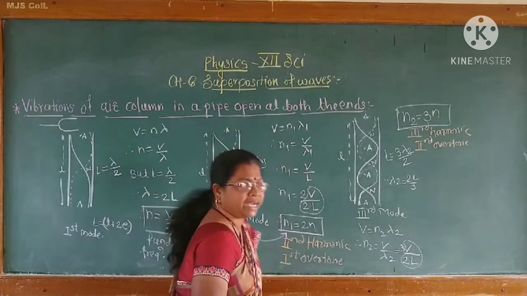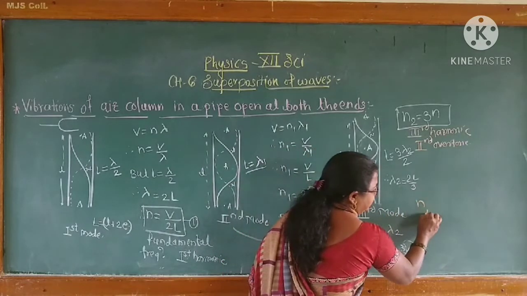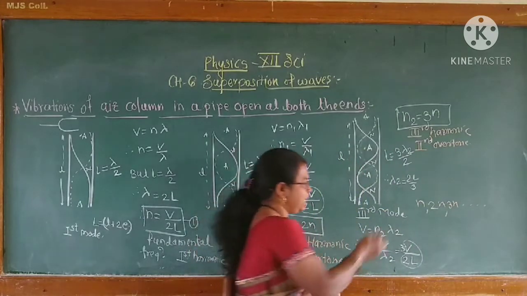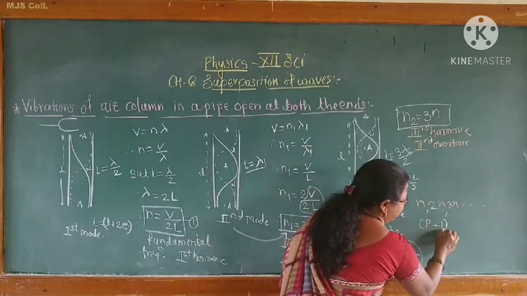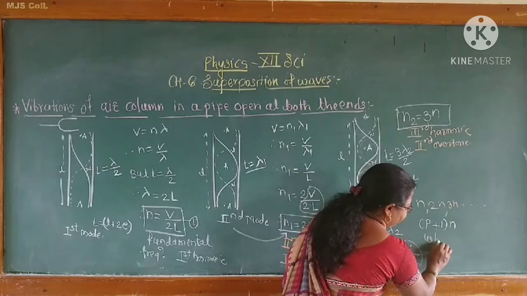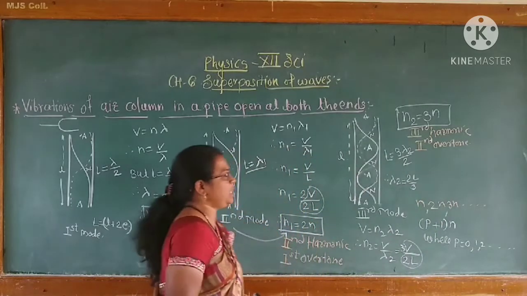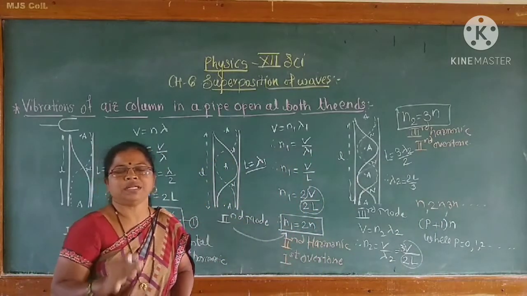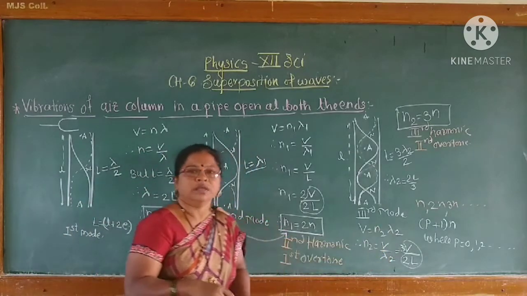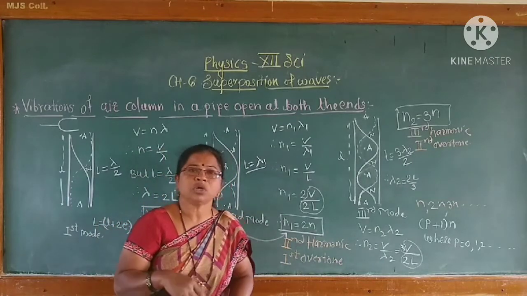Therefore, where the pipe is open at both the ends, we get the values of frequencies in such a way: n, twice n, thrice n and so on. That means we can write p plus 1 into n, where p is equal to 0, 1, 2 and so on. So all harmonics are present as well as overtones. The pipe open at both ends gives all the harmonics,